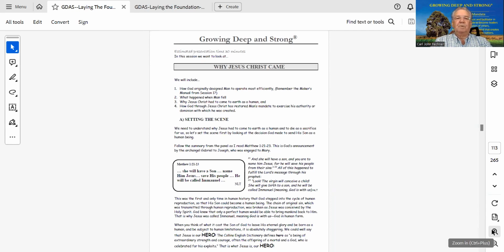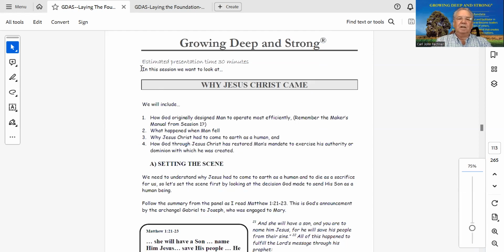So this is the verbal presentation for the coach. You can see here the estimated presentation time is 30 minutes. So we've told you to do that in your own relaxed manner. What I recommend for you as a coach, and basically anybody can read this out if you do a couple of things with it, is that I go through the manual and this is what I do, and I recommend you do the same. I read it out loud first a couple of times.